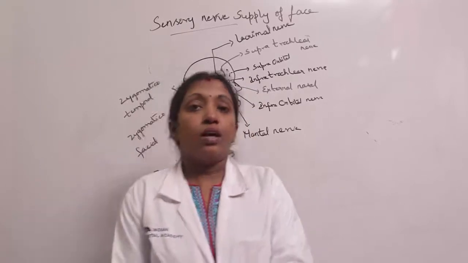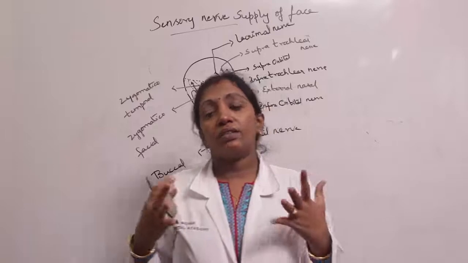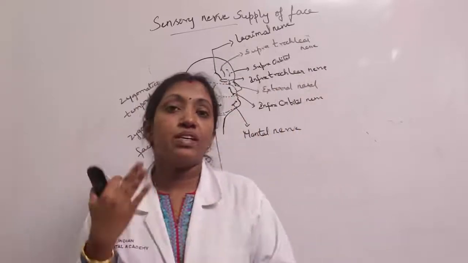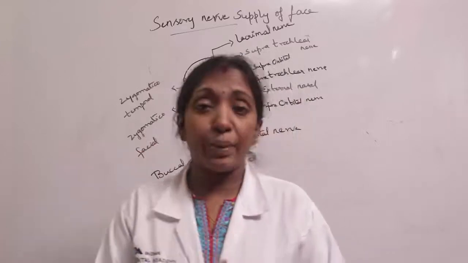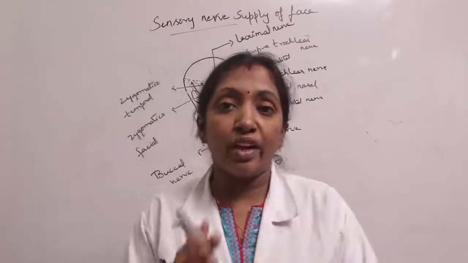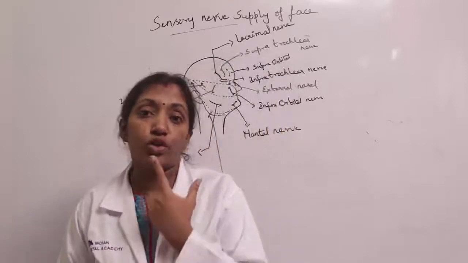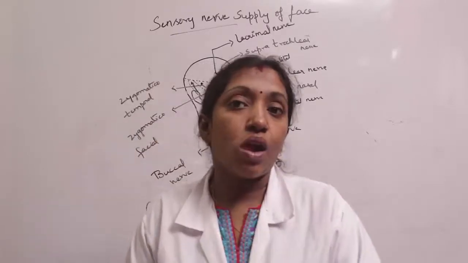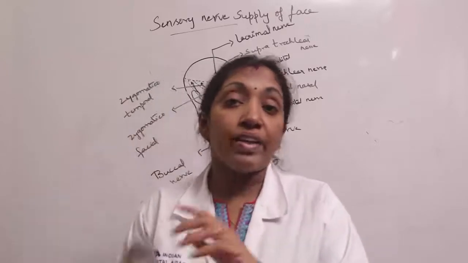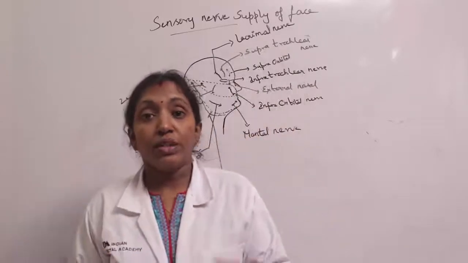Coming to the insertion, the buccinator fibers are divided into upper, intermediate, and lower. Upper fibers attach to the upper lip, and lower fibers attach to the lower lip. And intermediate fibers undergo chiasmatic decussation at the modiolus. The modiolus, you can see in the vestibule of the mouth, we can feel the modiolus here, and they undergo chiasmatic